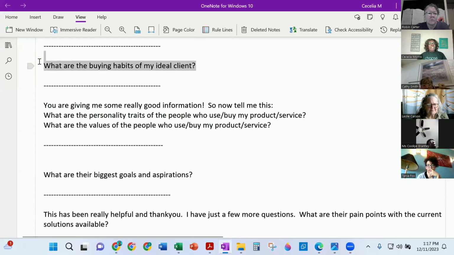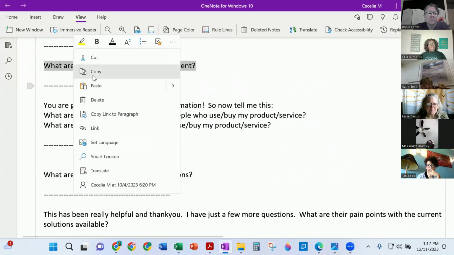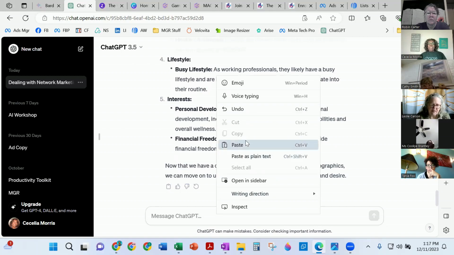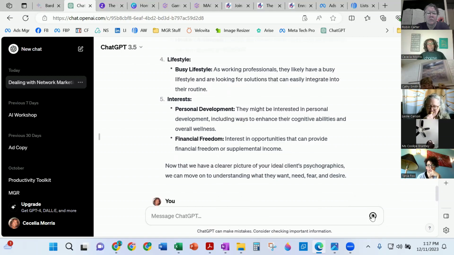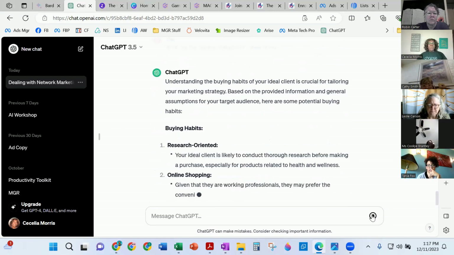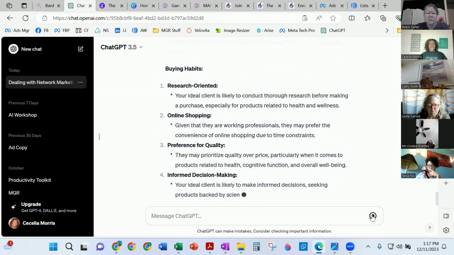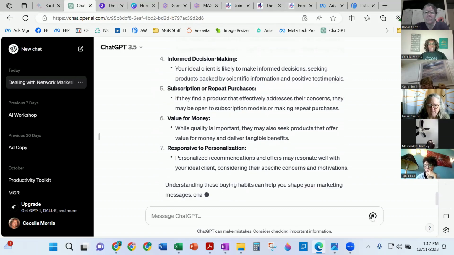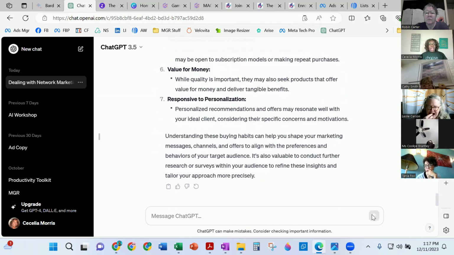And let's look at the buying habits, because this is important. How your people buy stuff is how you're going to be able to sell to them. This information is very valuable. All right, so we're going to drop those buying habits in there. And I'm not going to read through all this. I'm just showing you how amazing ChatGPT is if you give it the right instructions. This is so awesome, right?